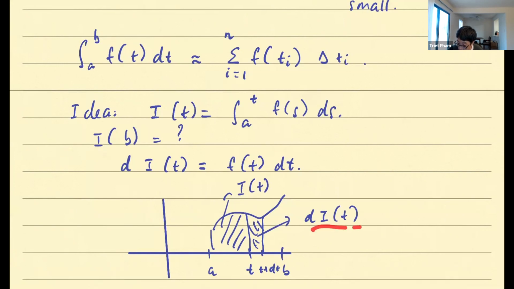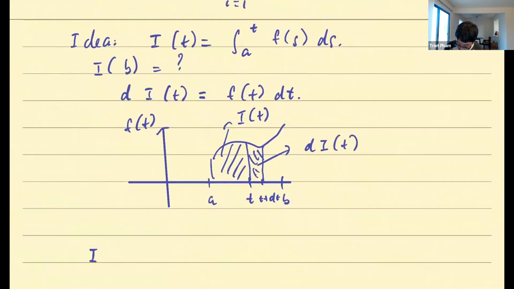But what is this? Well, because it is roughly a rectangle, and of course the graph here is the graph of f of t, this is nothing but f of t times how long that length has passed, which is f(t) dt. And so notice, in effect, what you're doing is like a telescoping sum, because what you're saying is something like I at t_{i+1} minus I of t_i is approximately f of t_i times t_{i+1} minus t_i.